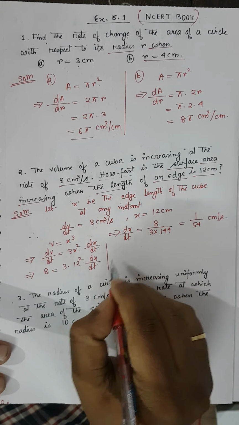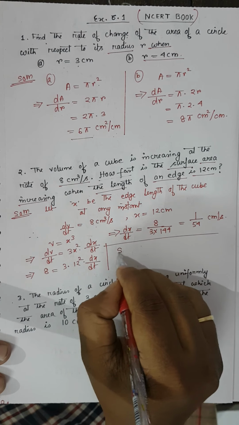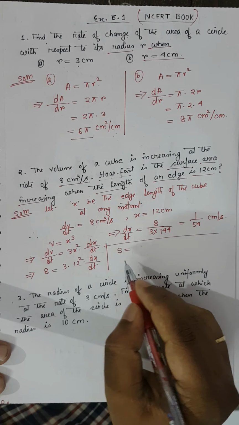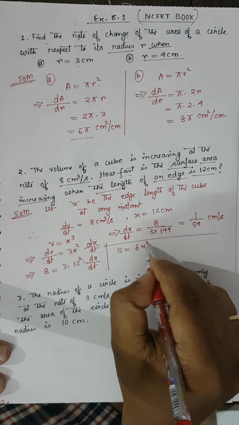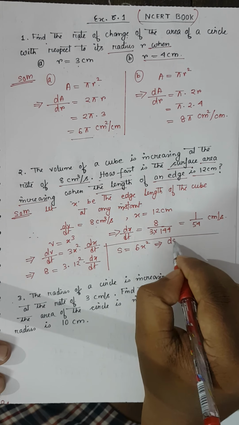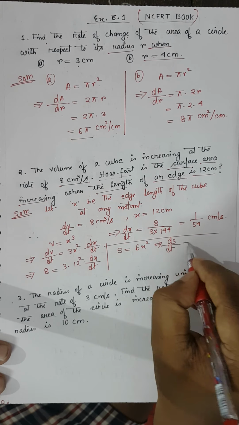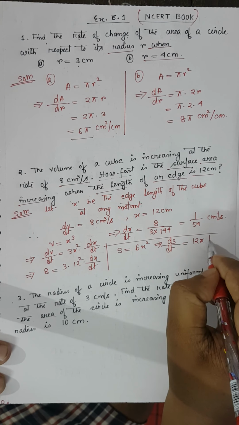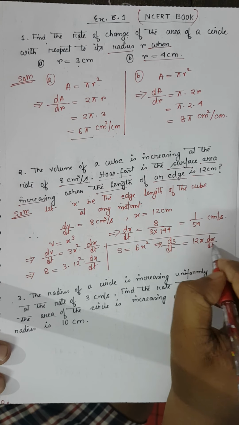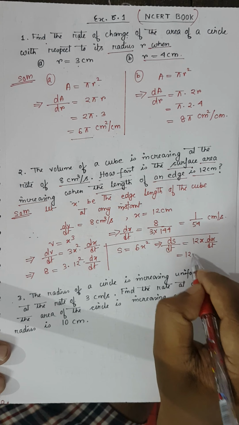Now you have to find the rate of change of surface area. For a cube, the surface area is equal to 6x squared. So if you find dS by dt, it will be equal to 12x dx by dt. Now you place the values. It is 12 into